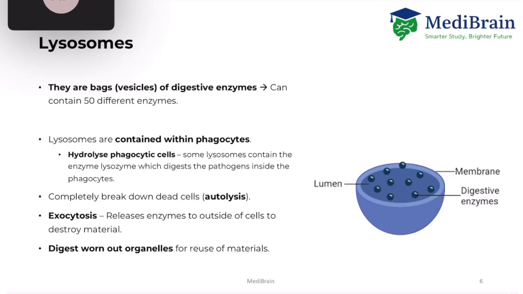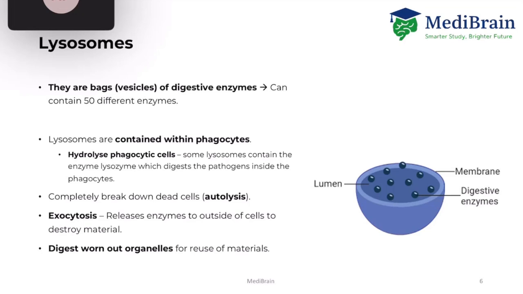Well, the phagocytes contain lysosomes, and lysosomes contain lysozymes. Remember there's loads of enzymes present in the lysosome, and lysozyme is one of them. Lysozymes can hydrolyze the pathogen. They can digest the pathogen, so the pathogen is no longer present